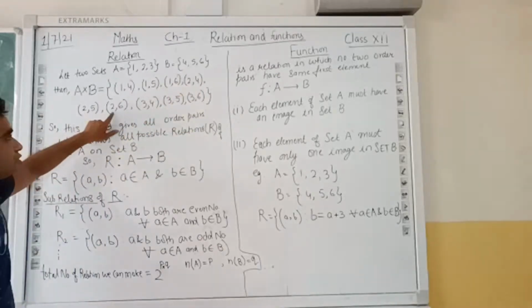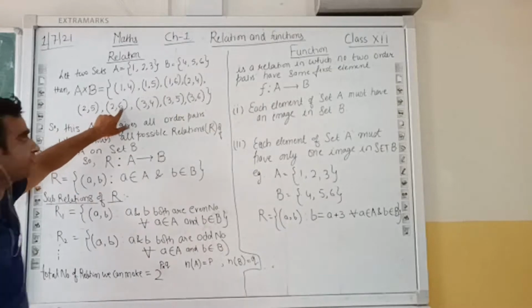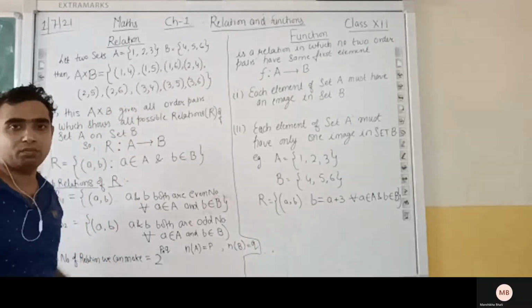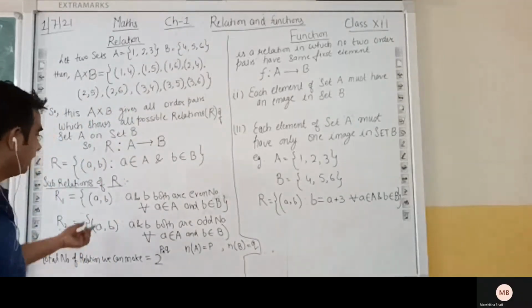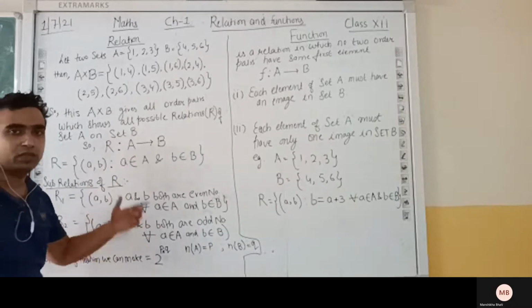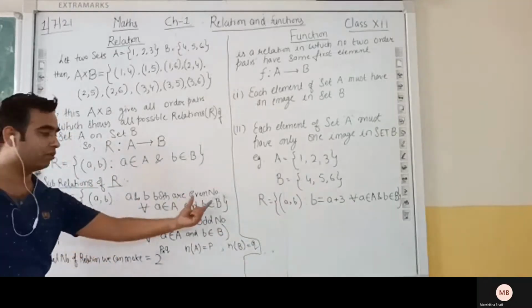Okay. Like here is (2, 6). Here the first element is also 2 and second element is also even. So these two elements are our even number elements. Okay. So by this we can represent the relation one in which all ordered pairs (A, B) have both the elements even numbers.